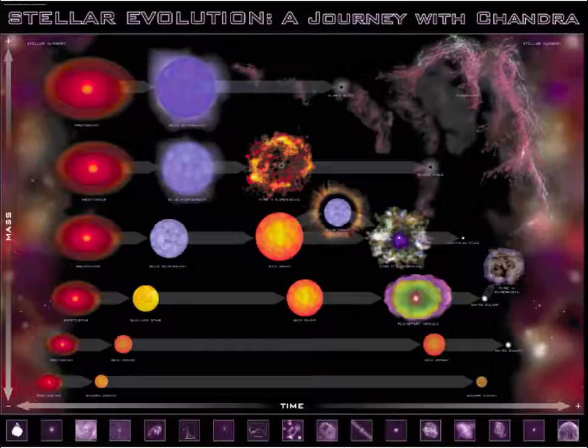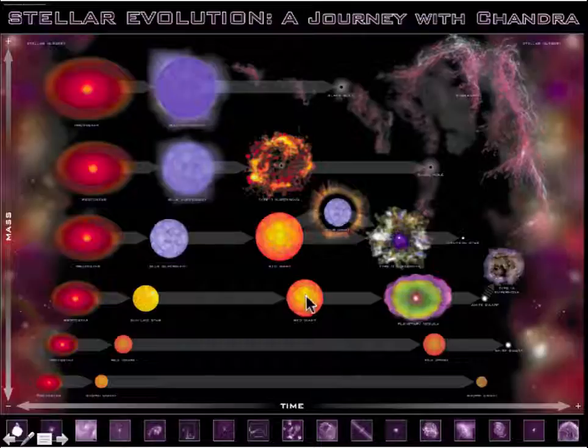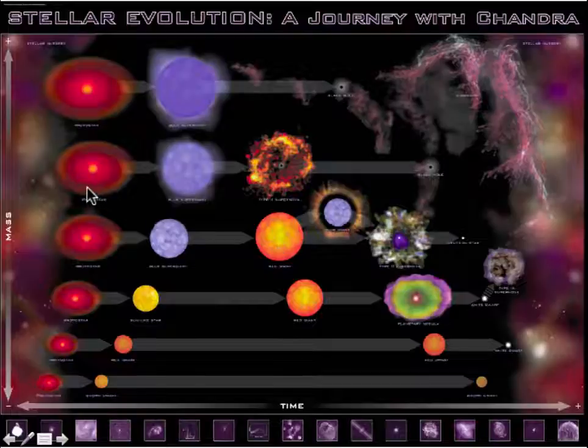So here's a summary of the life cycle of stars. Stars that are low mass, like the Sun, become a red giant, a planetary nebula, and then a white dwarf. Stars that are much higher mass than the Sun start off kind of blue, become a red giant, and then explode and leave behind either a neutron star or a black hole. And the outer material gets recycled in the galaxy. The black hole or the neutron star or the white dwarf just hangs around. They continue to exist. Every white dwarf, every neutron star, every black hole that's ever been made in our galaxy is still out there somewhere. Sometimes they're hard to see, sometimes they're easy to see. It depends what's around it.